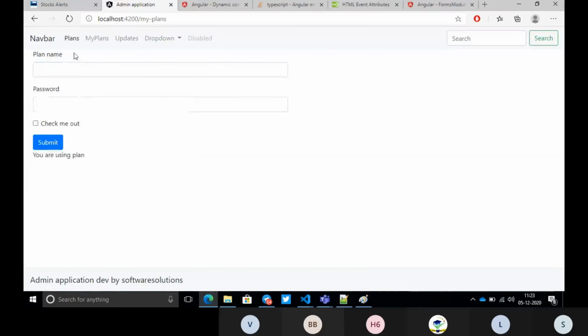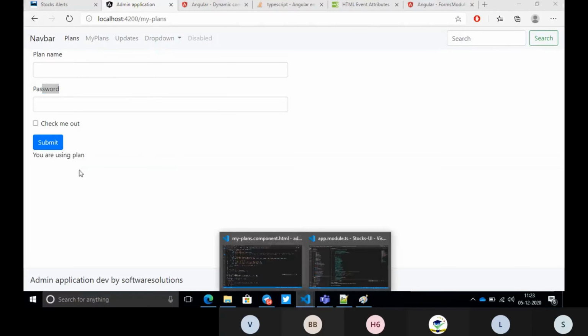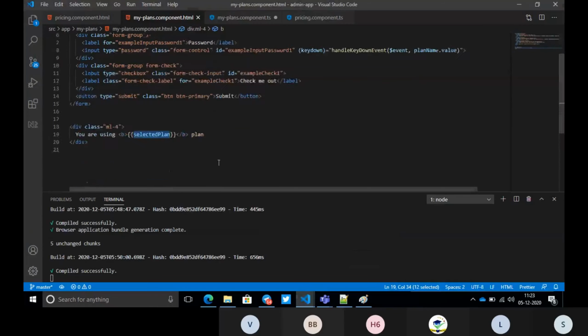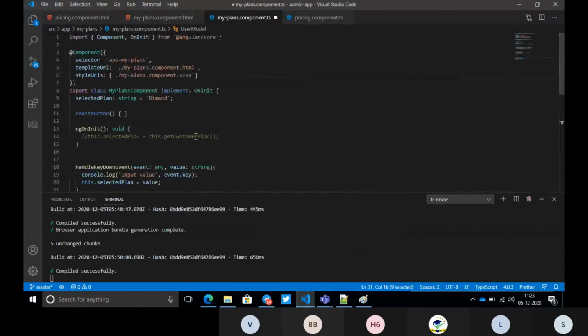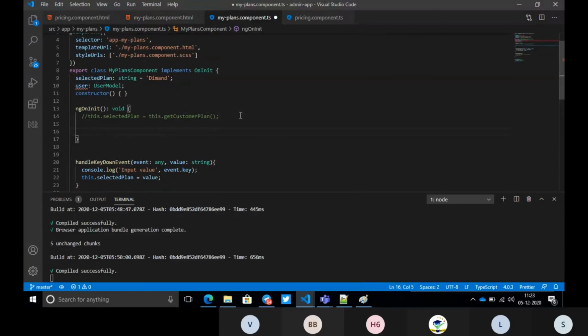I have two things here, name and type, and I want to map my object to here. How to do that is what I'm going to show you. I will say user, and the type is user model. In ngOnInit, I will write this.user is equal to new user. This is how you can create an object for this user.